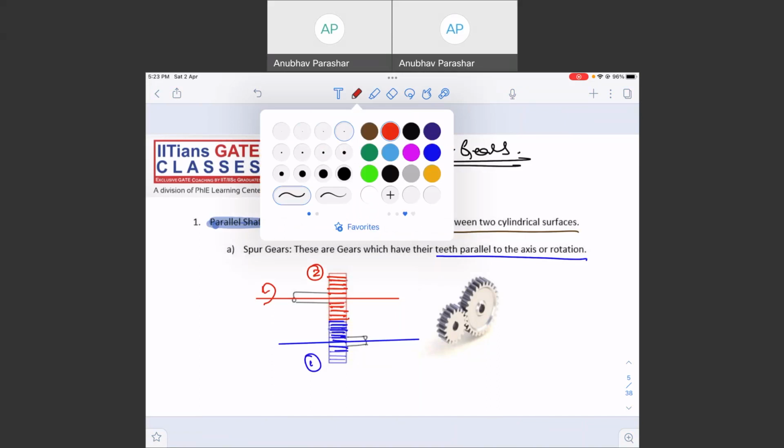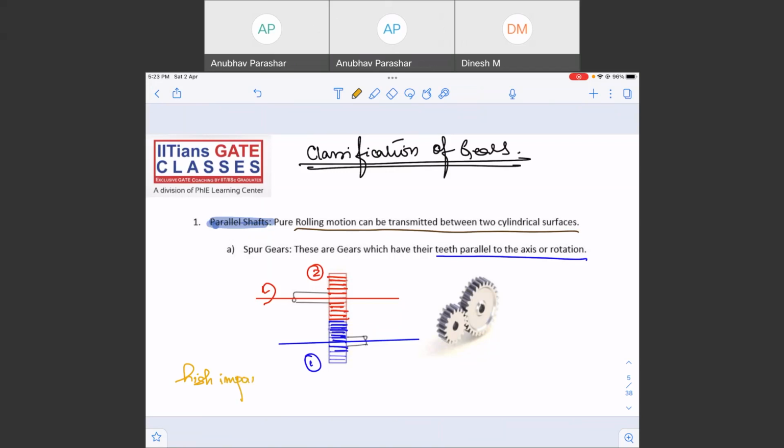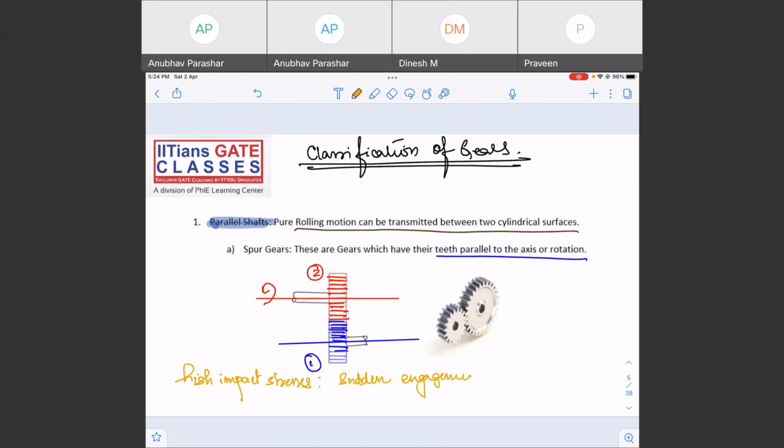But these gears could not survive for very long because of the problem of high impact stresses, because of sudden engagement and disengagement. So they can be used only for low power transmission. Because of impact stresses, what will happen? The gear teeth will fail, and if the gear teeth fail,